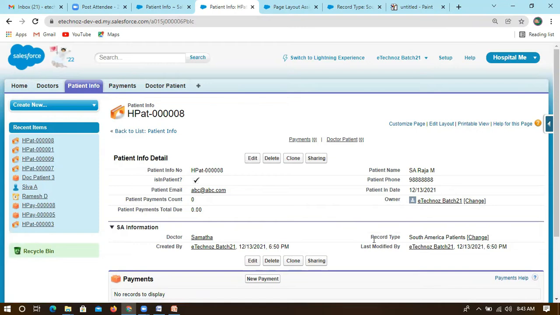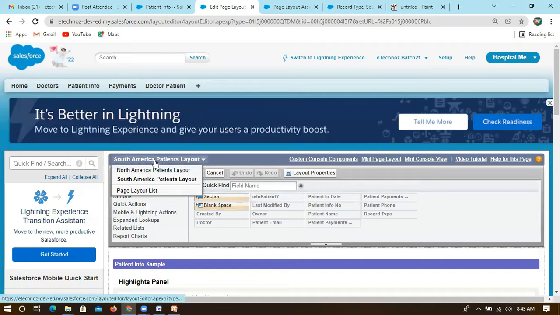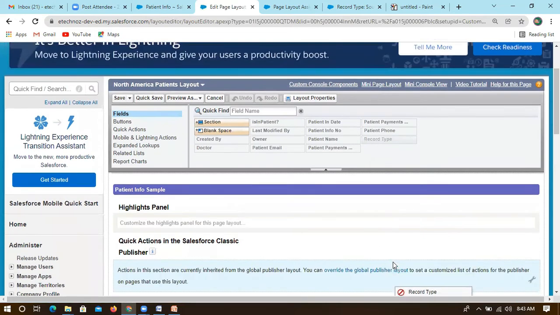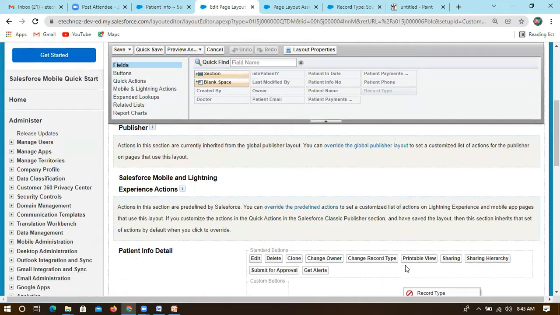So South America. But if you want to do that for North America also, click on edit layout, and change this layout to the North America patients layout. Within this North America patient layout also, I want to check what the record type is for this.